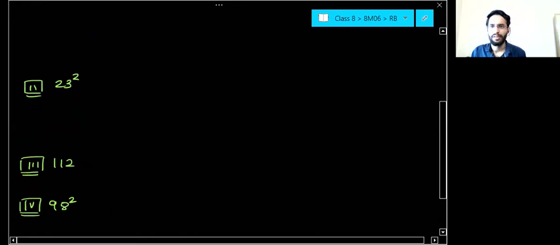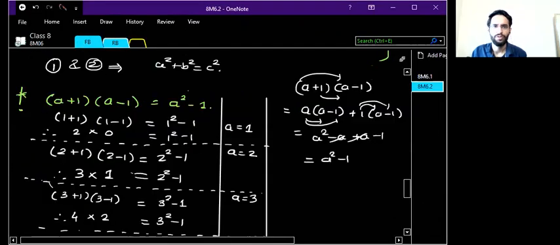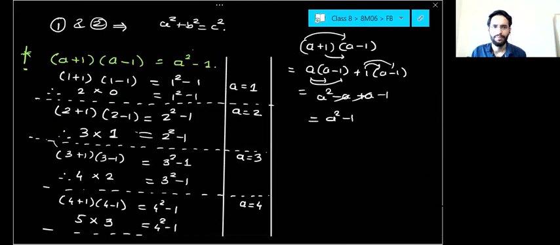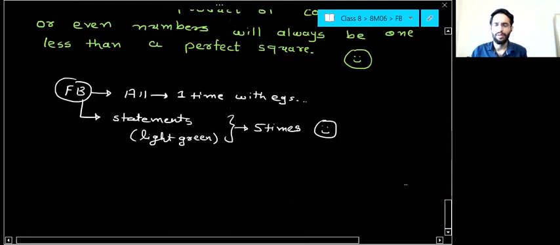But for that, first let me give you this property. I haven't shown you this property in the formula book. Let me show you that first. Okay, so here, this is done. Now, new property.